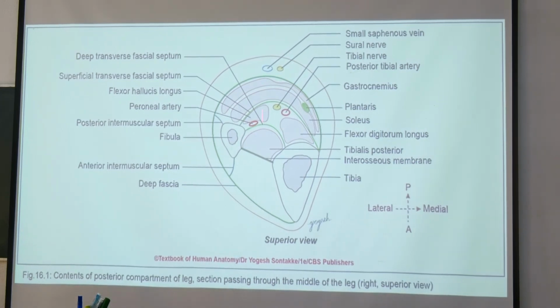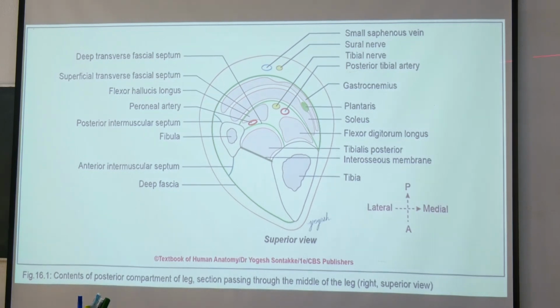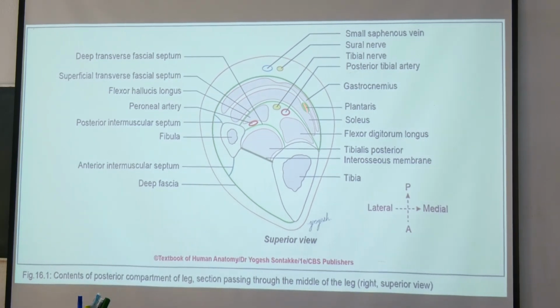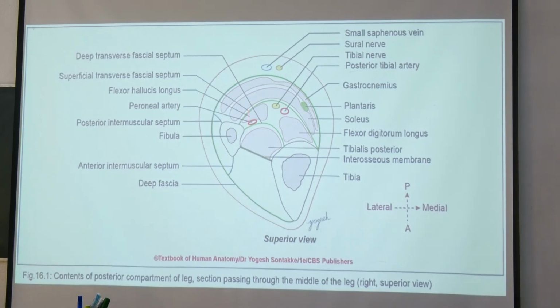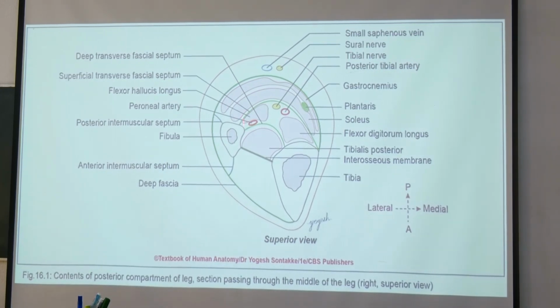So these muscles are lying in 3 layers, that is important: superficial, intermediate, and deep layer, separated by fascia. Then there are 2 fascial planes dividing the layers, separating the muscle into 3 layers. Superficial most are the gastrocnemius and soleus, and in between the two, sometimes the plantaris tendon is present. So this is superficial most.